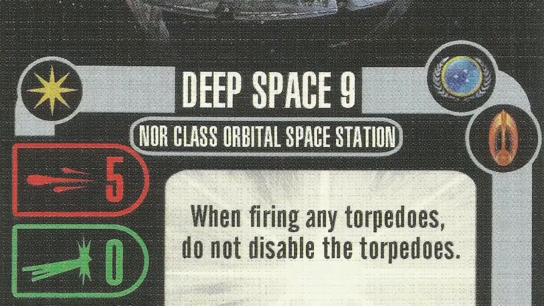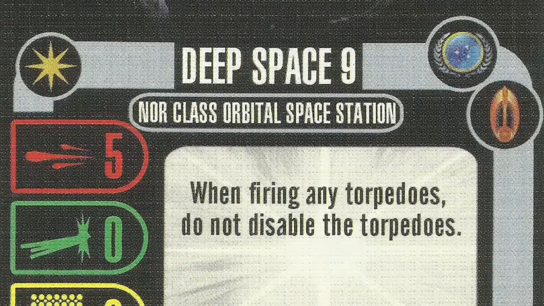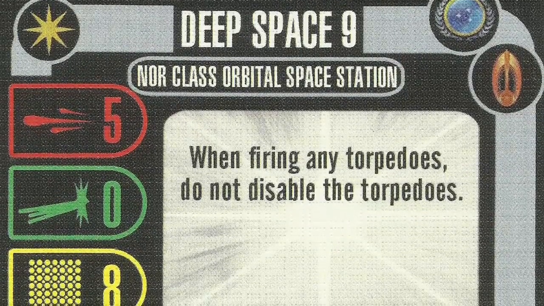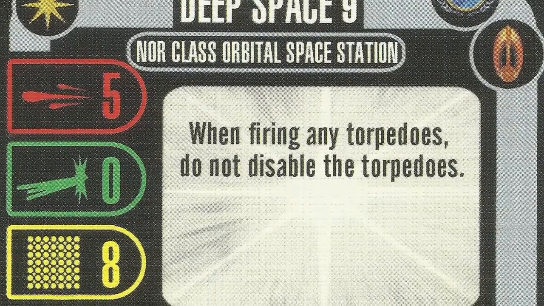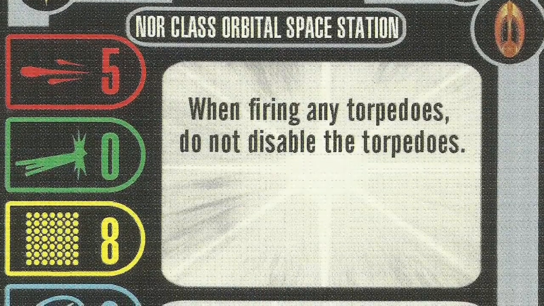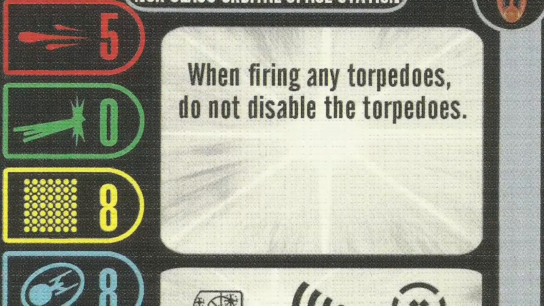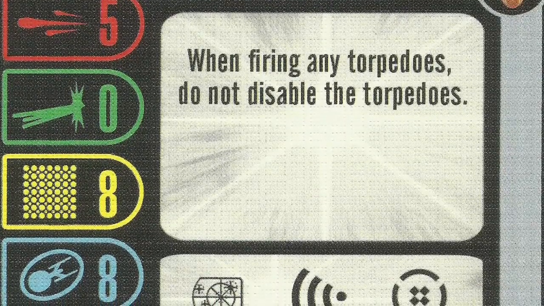Well, first off, I want to talk about a version of Deep Space Nine that you get from playing in the organized play event. That version has the special ability that when you fire torpedoes, you do not disable them. This gives you the flexibility you need to have good action economy. I really like throwing quantum torpedoes to add in a lot of extra damage. I think that it gives the station a lot of extra firepower, but ultimately, this version of the station is